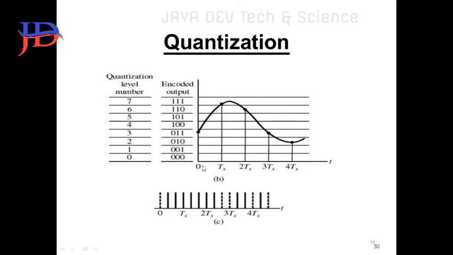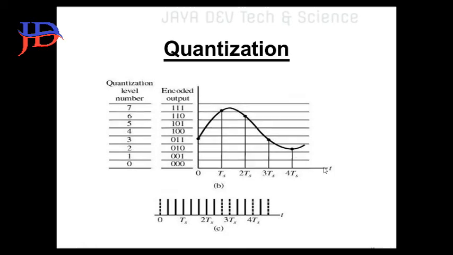quantization. Then 0 to t seconds, t seconds to 2t seconds, 2t seconds to 3t seconds, and 3t seconds to 4t seconds. And then what you are getting is the quantizing of the value: at 0 seconds we go for the 3, at t seconds we go for 6, and at 2t seconds, sorry, this is the 7 and this is the 6, like that we are using. Then the output waveform of this one.